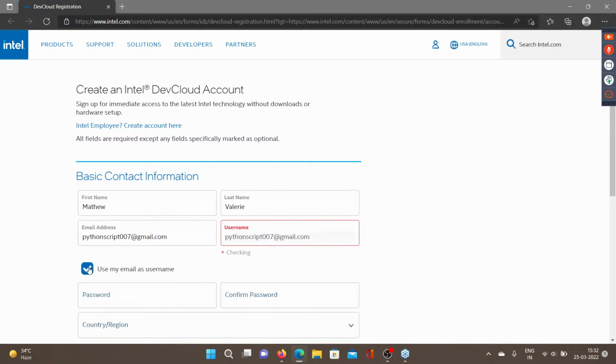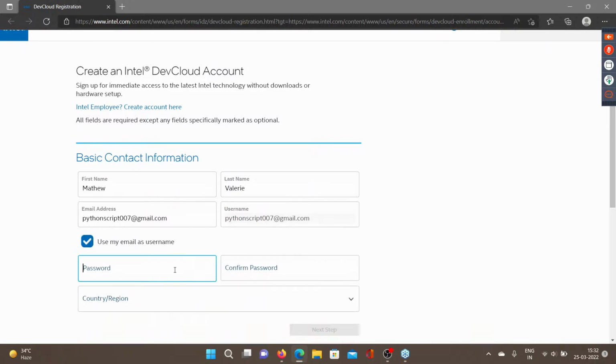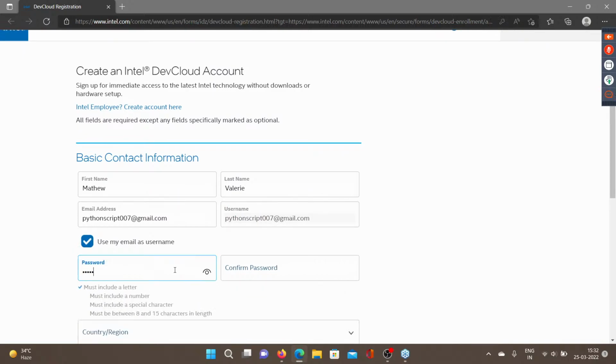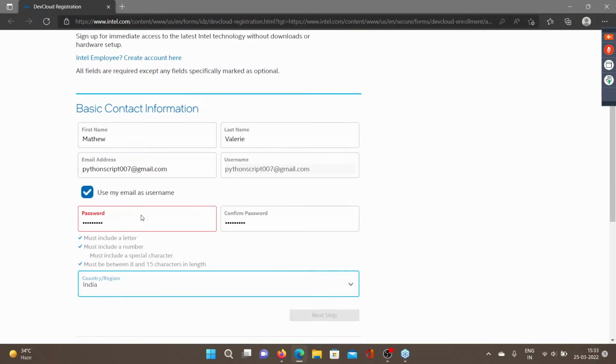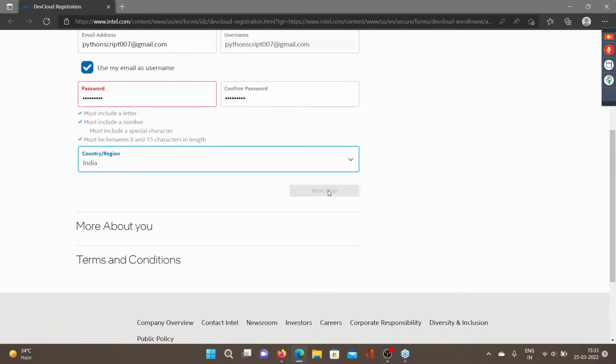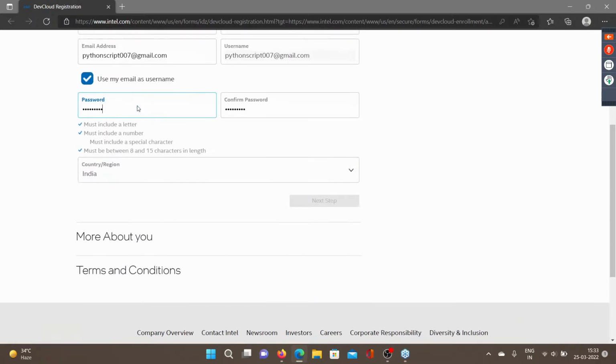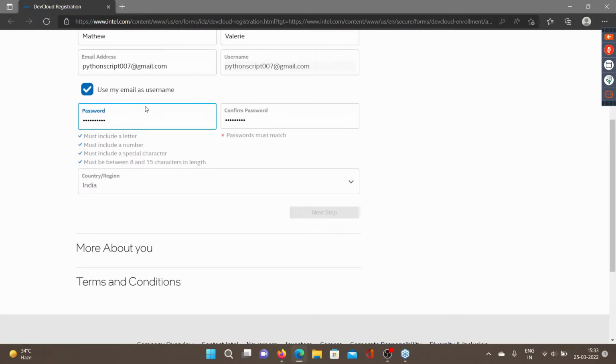Once you submit this form, you'll receive one email from Intel Dev Cloud account confirmation, with this subject, and you need to click on this verify your email, and you'll reach one of the pages where you can just sign in with the credentials you used. Once you log in there,